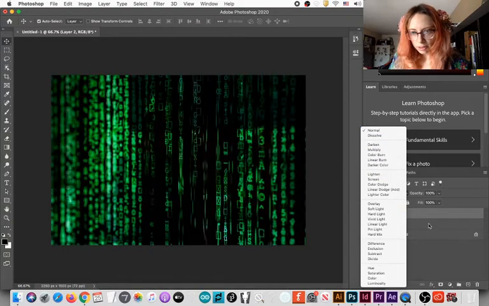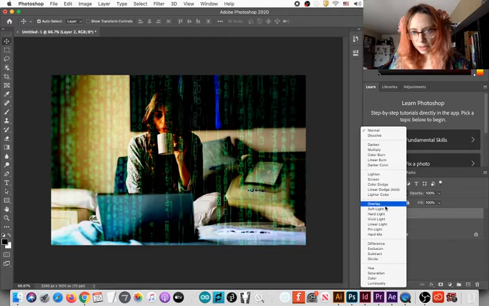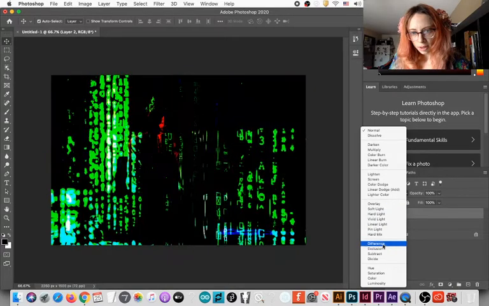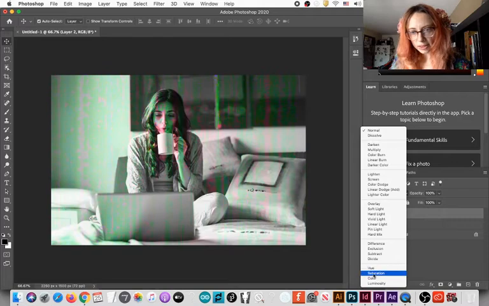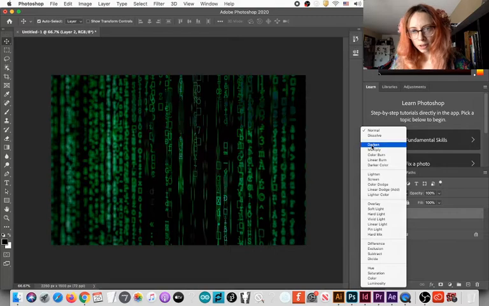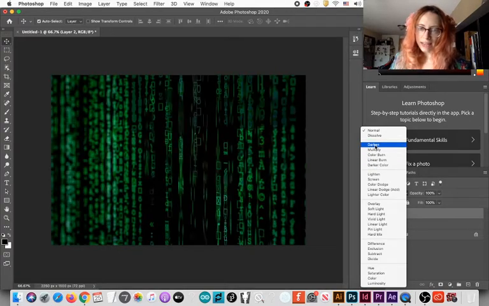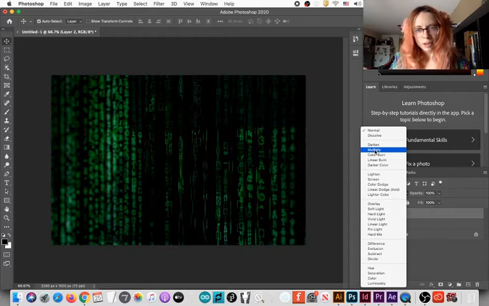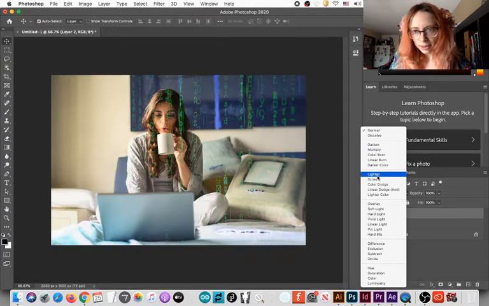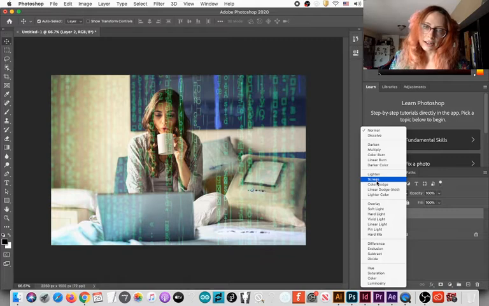These are different types of overlay methods that mix and match the values of the images in different interesting ways. All the dark ones, darken and multiply, all these add values of color of both pictures and create a darker image. These ones subtract light, creating a lighter picture. This one, I kind of like it. It's good enough.